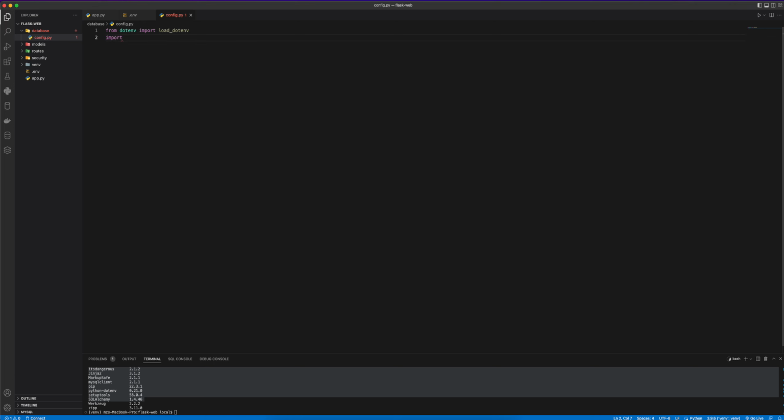We need to import os to give the path to this file, and at the end load_dotenv. That means calling this method should load all variables from here to the config file. Okay, now from here just by typing os.getenv,